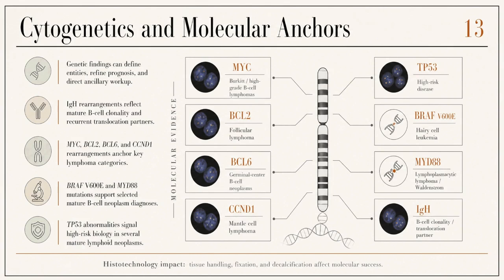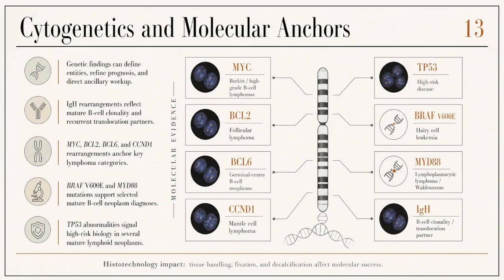Cytogenetic and molecular abnormalities serve as definitive anchors that help distinguish lymphoma subtypes with overlapping morphologic and immunophenotypic features. For example, rearrangements involving the MYC, BCL2, and BCL6 genes define a subset of aggressive diffuse large B-cell lymphomas known as double or triple-hit lymphomas. These genetic events confer a poor prognosis and necessitate more intensive therapeutic regimens. Recognizing these rearrangements through fluorescence in situ hybridization, FISH, or molecular assays is crucial because morphology alone cannot reliably identify